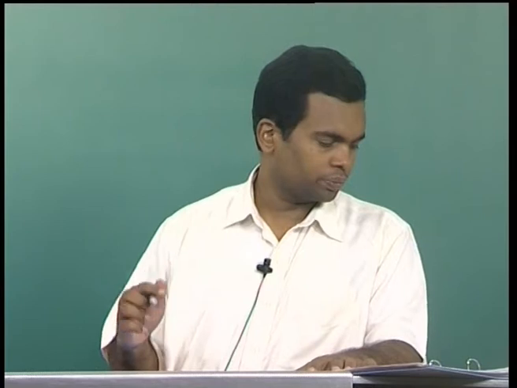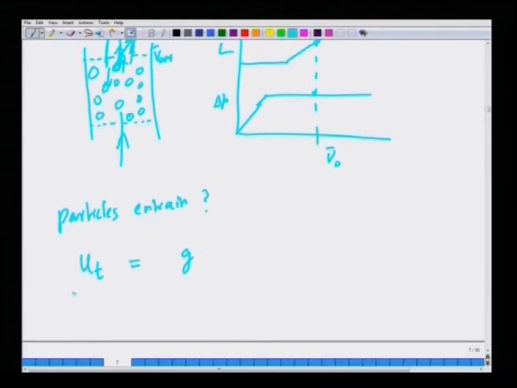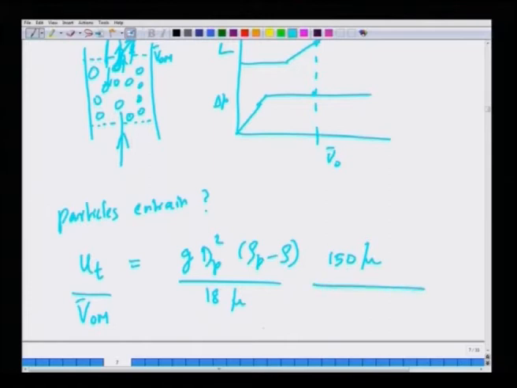So, what is the terminal velocity of a particle? That we know at low Reynolds number is g d_p squared (rho_p minus rho) by 18 mu. This we derived in the last lecture or the lecture before. Then we divide it by the fluidization velocity for low Reynolds numbers, and then you will get